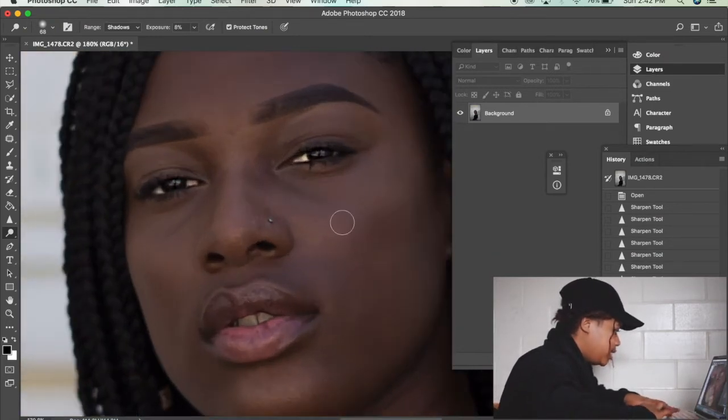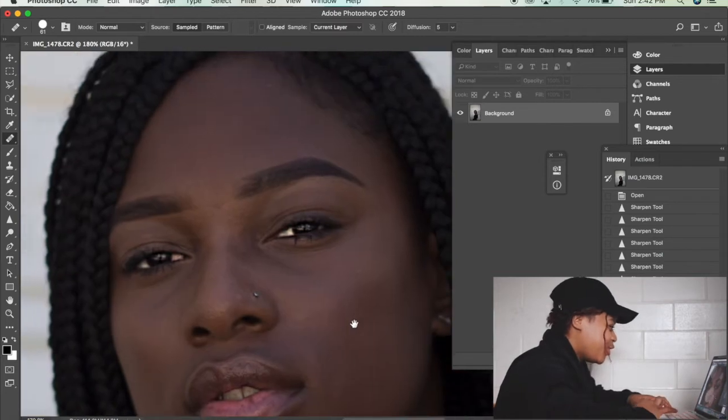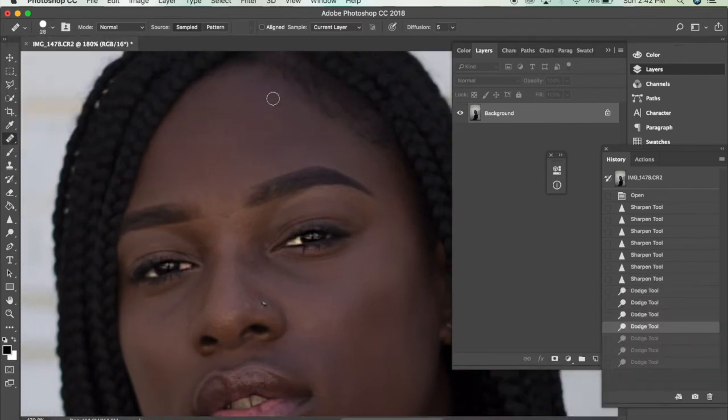And now let's talk about skin. So I like to use the patch tool and the healing brush tool. She doesn't really have that many blemishes, so this is probably not a good image, but